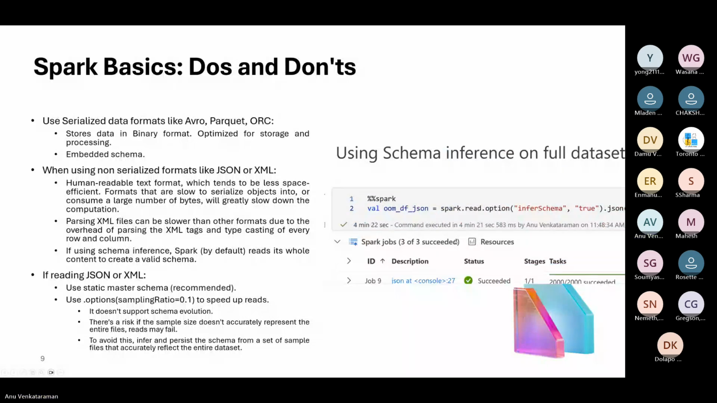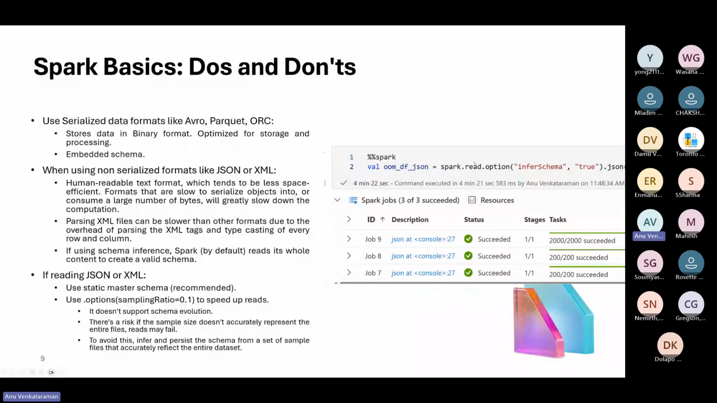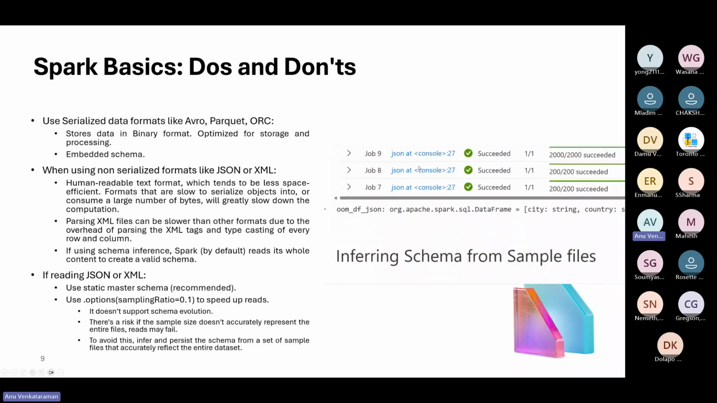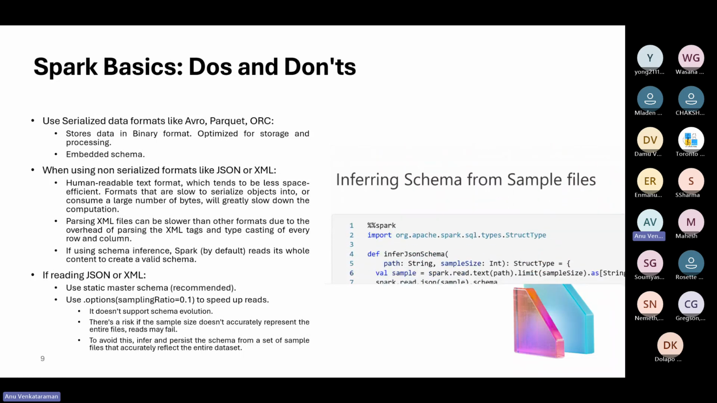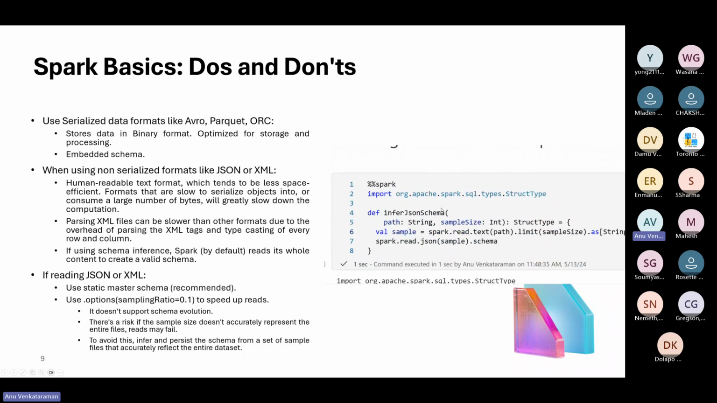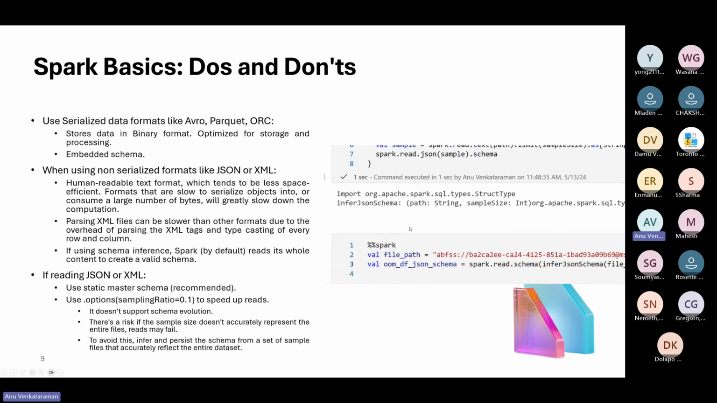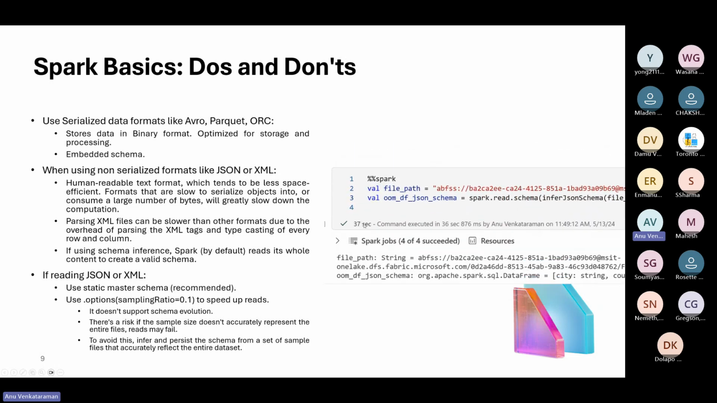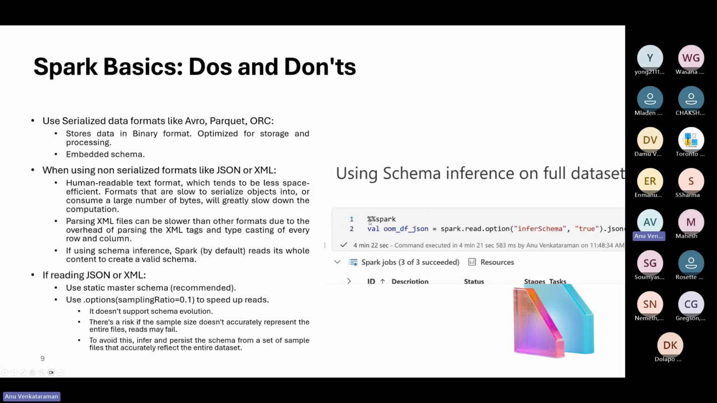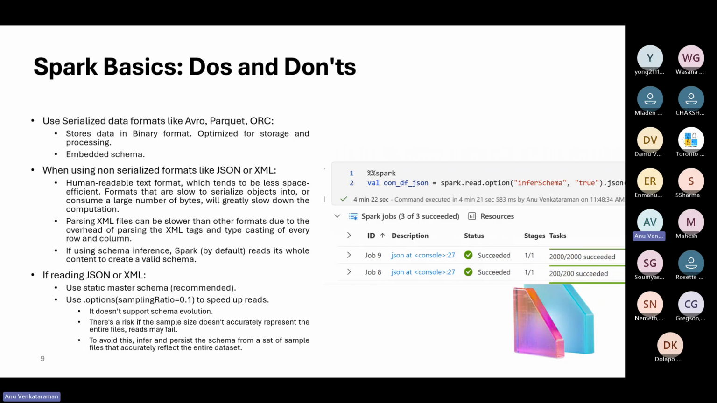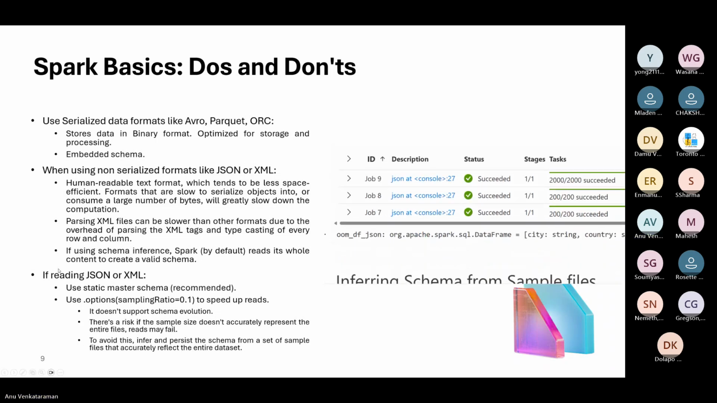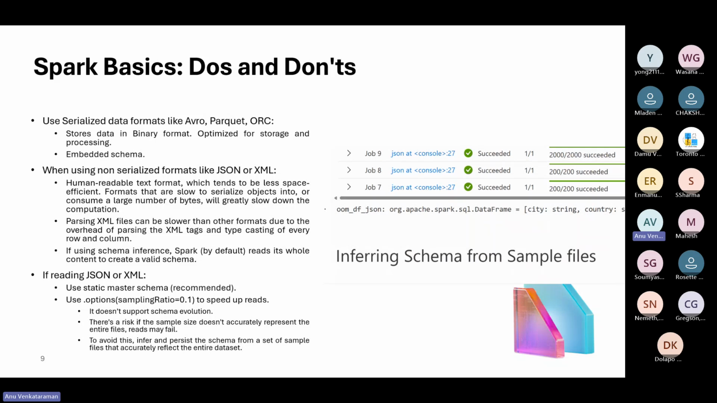So in this GIF, I'm inferring schema, and it takes 4 minutes to process. And when I'm inferring schema from a sample set of files, and then I'm passing that schema when I'm reading the JSON file, it ran in 37 seconds. So we saved about 3 minutes, when it brought down the performance from 4 minutes and 22 seconds to 37 seconds. So this is one thing,